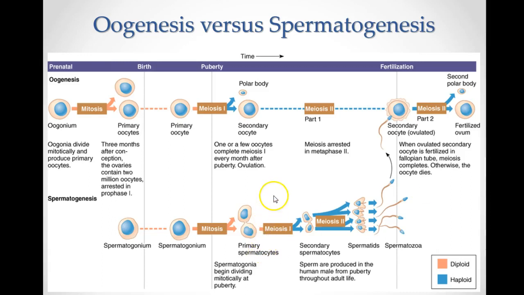The other thing that's very different is when this occurs. Oogenesis and creating these primary oocytes happens before ladies are even born. So it's happening when they're in the womb. And then during puberty, the primary oocytes will produce what are called eggs. But you're going to eventually run out of eggs. Once you run out of the primary oocytes, that's it, ladies. There's no more eggs after that. Whereas males, they're born with a spermatogonium, which will then produce more spermatocytes, and they'll continue the process essentially until the day they die.